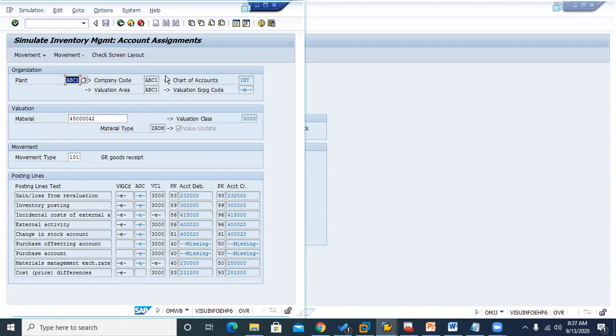Now from this same plant, there is a valuation area where it is assigned with respect to the grouping code I have shown you previously. Presently I have not assigned it, so it's missing and showing no value. But from the material, it is bringing the valuation class, number one, and the material type. In the other case, the indicator looks at this material type, ZOS, value update, and all those are going to be looked up from there. In that situation, these accounts are assigned.